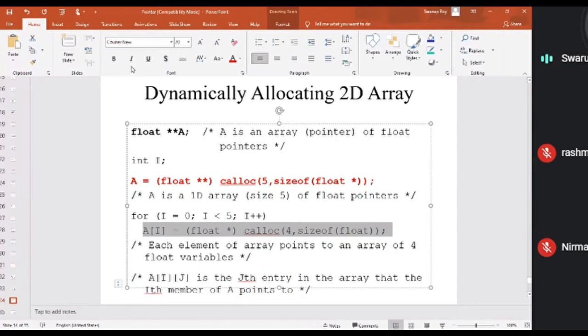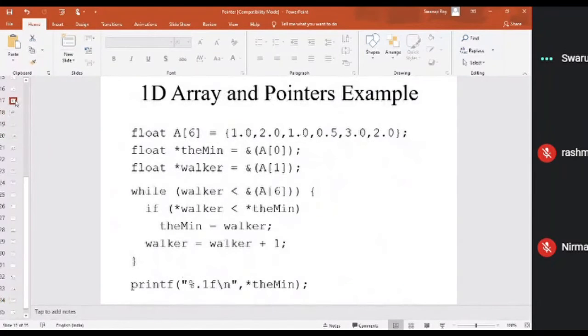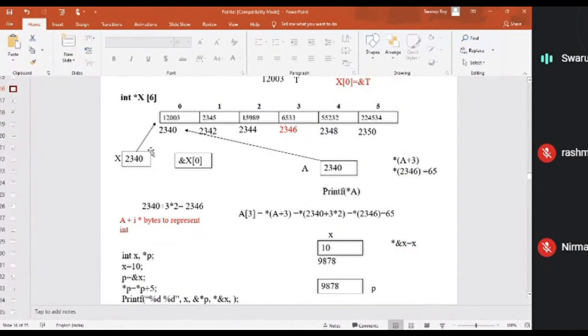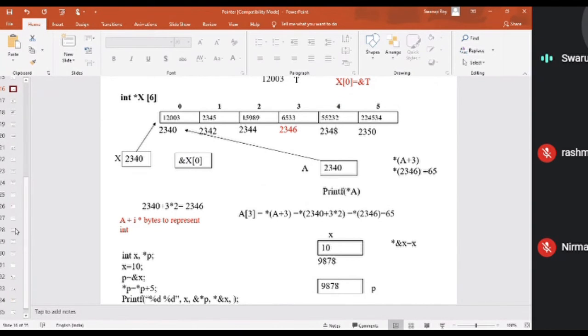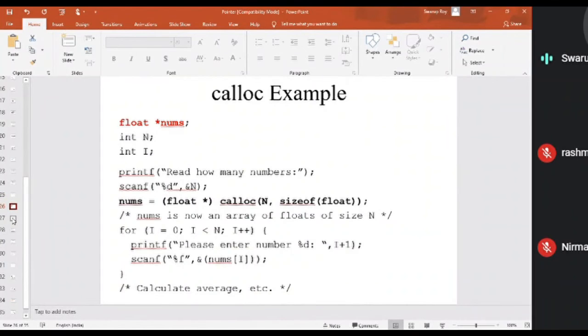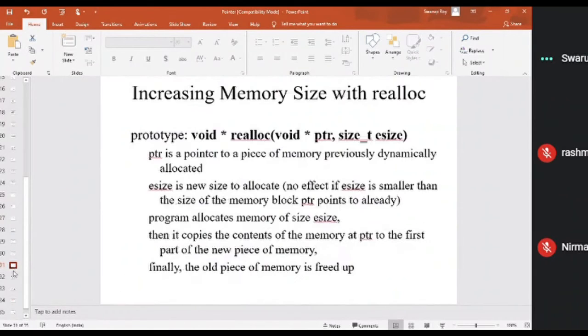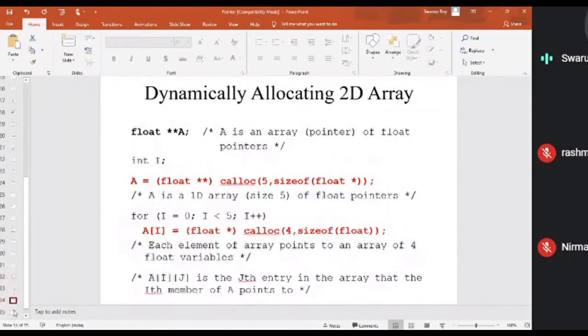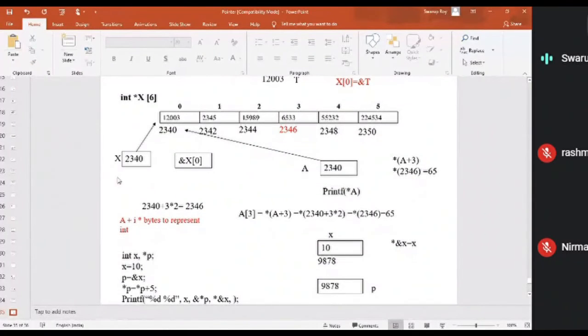Let me show you with some diagram. Let us take this example, because it's very difficult to write different things again and again. Forget about other things, I'm deleting these.